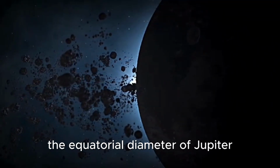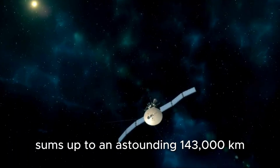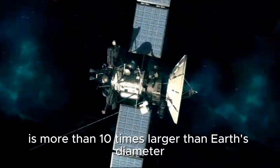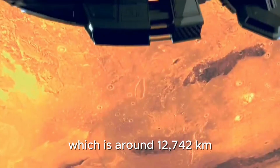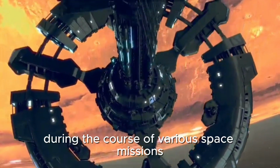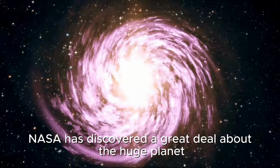The equatorial diameter of Jupiter sums up to an astounding 143,000 kilometers. This indicates that the gas giant is more than 10 times larger than Earth's diameter, which is around 12,742 kilometers. During the course of various space missions, NASA has discovered a great deal about the huge planet and